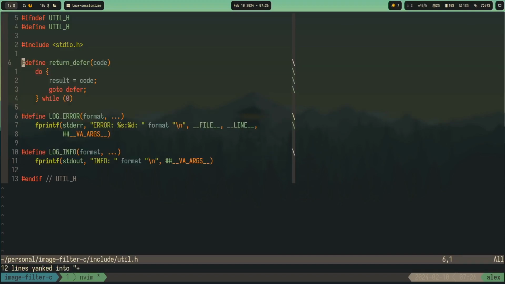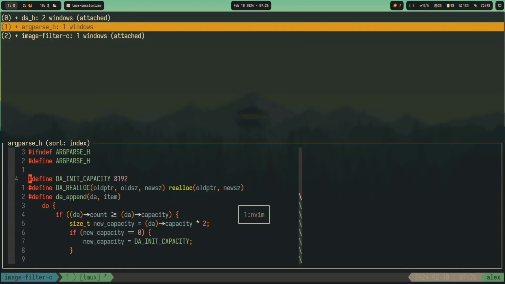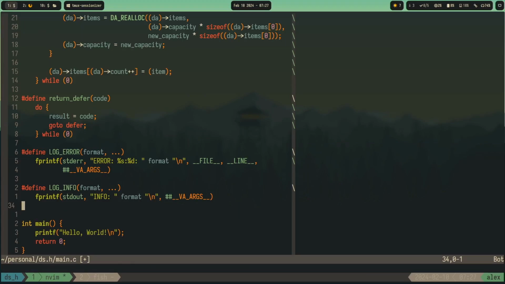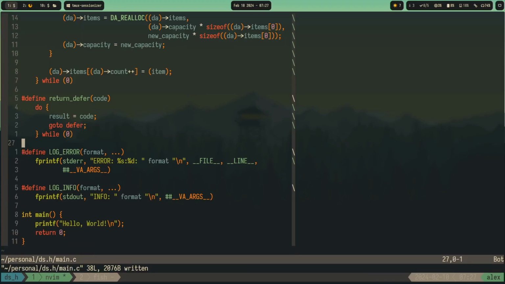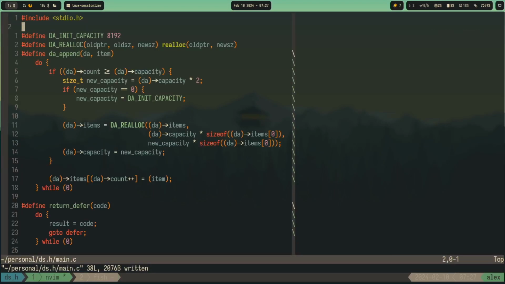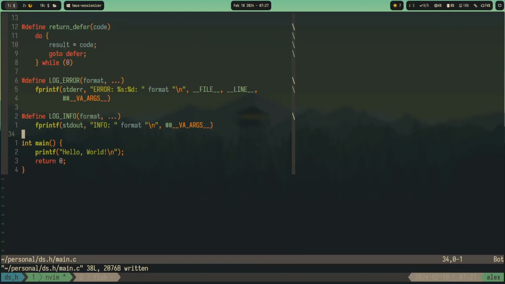Well, how about copy pasting the util.h file itself? But anyways, so we don't need this. Yeah, it doesn't matter. We'll copy paste this stuff anyway. So we have the basic stuff. Now